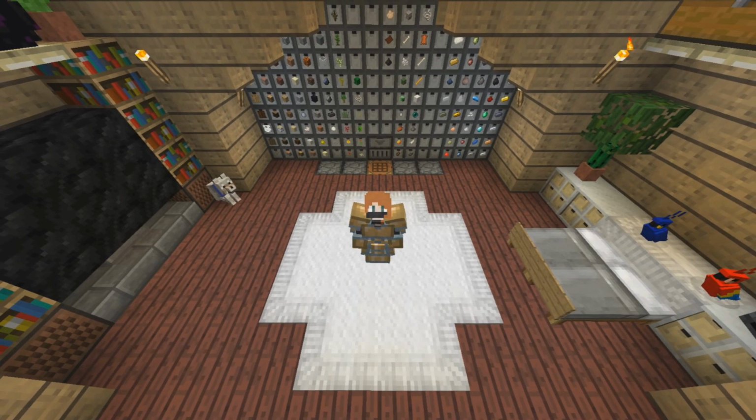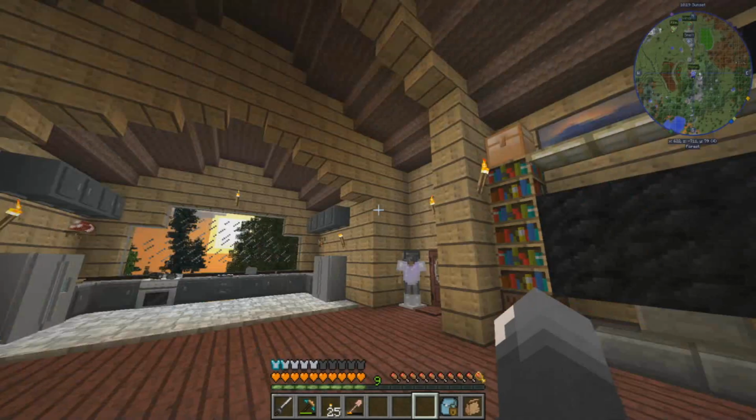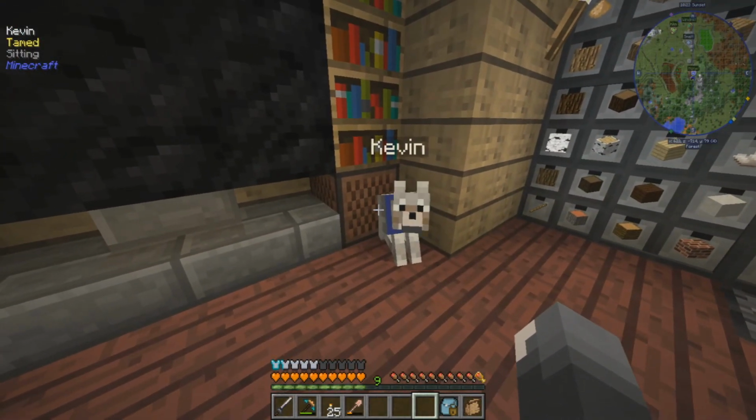Hey! And I'm in a very noisy household, because I have added a dog. Look at him. I have Kevin. I just needed a Kevin. Literally, as soon as I saw...